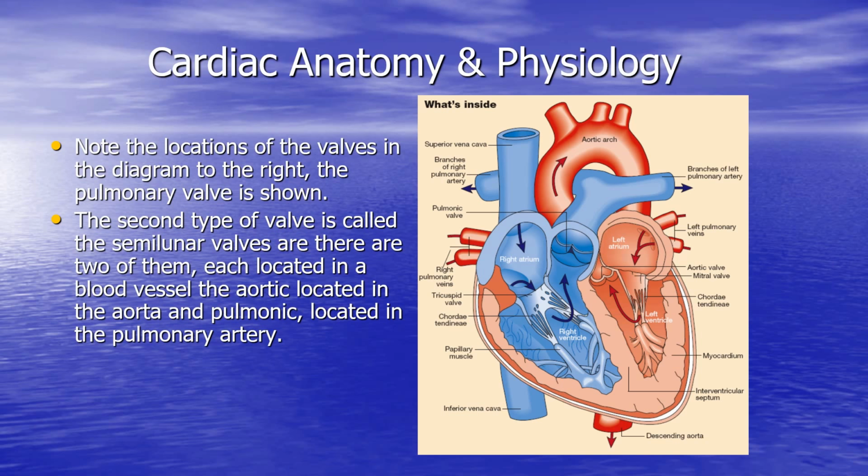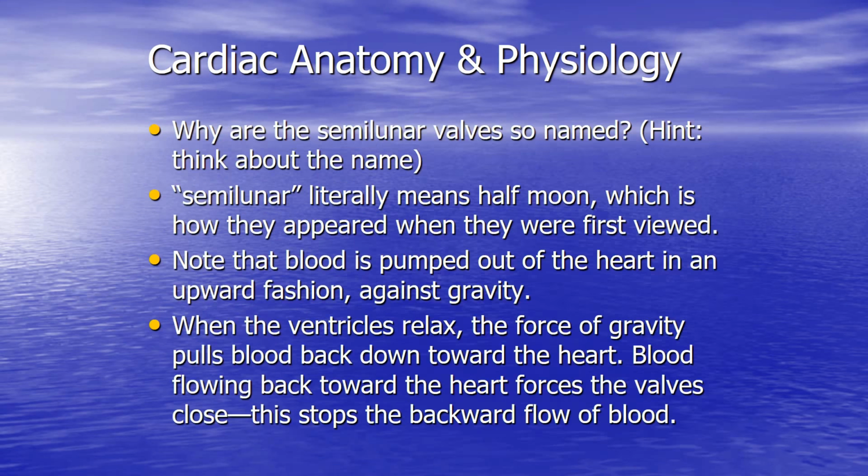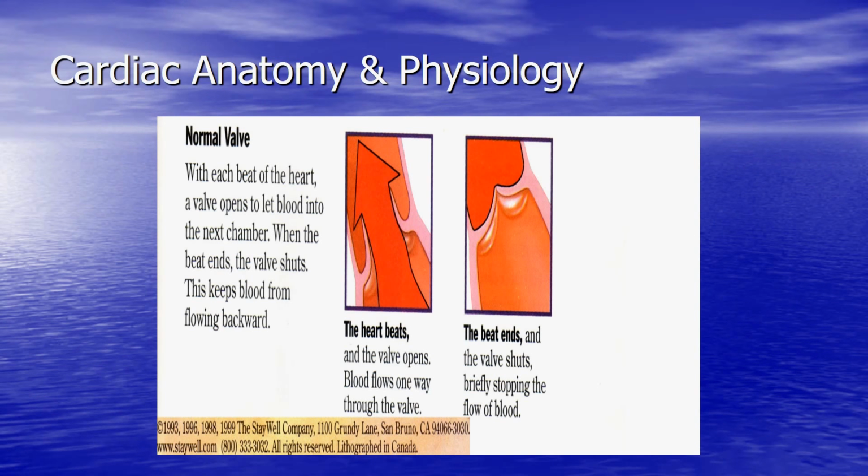Okay, if you notice the structure of the heart from all the diagrams that I've given you so far, the ventricles are on the bottom of the heart. The main pumping chambers are on the bottom of the heart. The receiving chambers are on the top. The ventricle actually pumps blood in an upward direction. In other words, blood exits the heart out of its base. The base of the heart, in this case, is at the top, against the force of gravity. Therefore, when the ventricles squeeze the blood